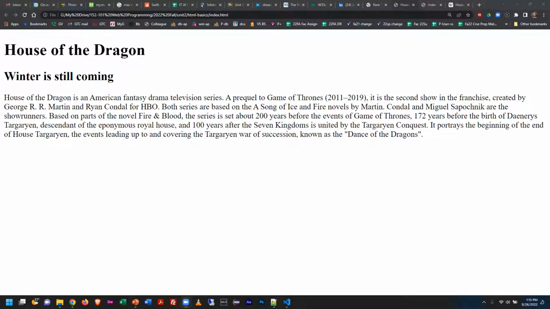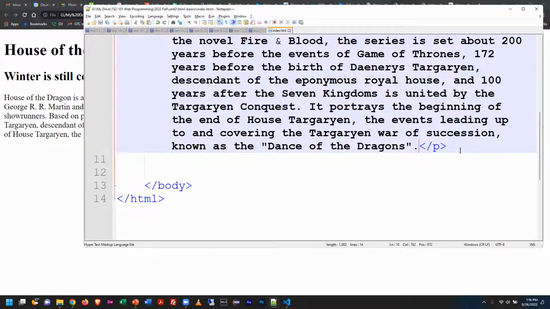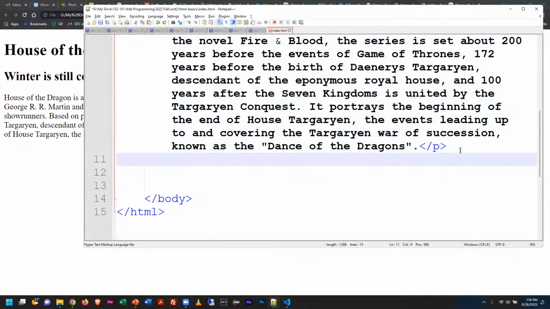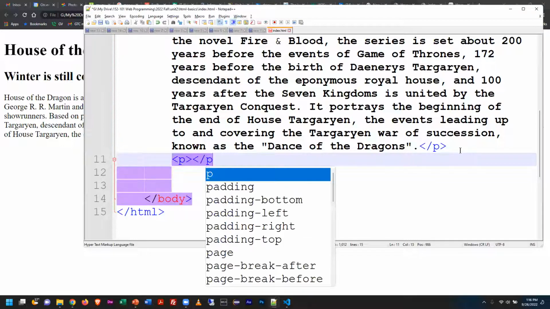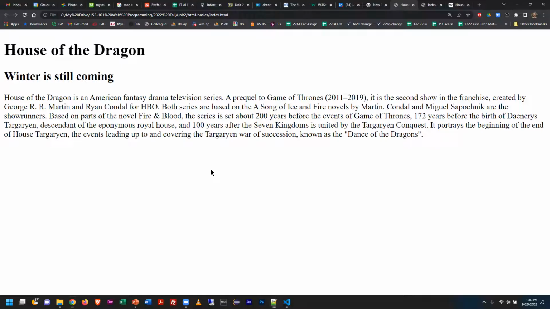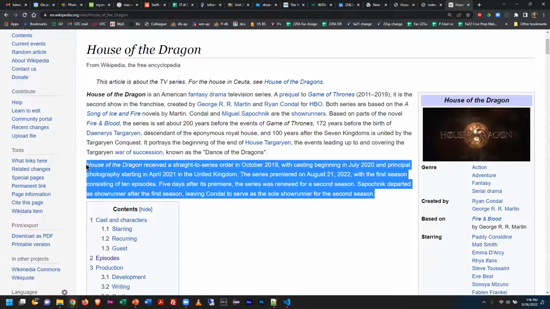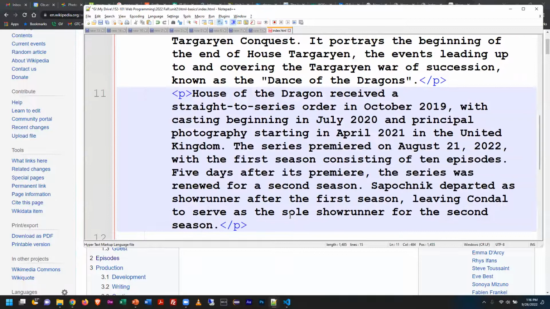So, let's add another paragraph, and this is important because I want to show you what happens when you start having multiple paragraphs in a document. The first thing I'm going to do is create my paragraph tag. So opening paragraph tag, lowercase p, closing paragraph tag, lowercase p. I'm going to insert my content here. I'm going back to Wikipedia, and I'm going to grab the next paragraph since they've so kindly provided it for us. I'm just going to copy that, paste it in, Control S to save,